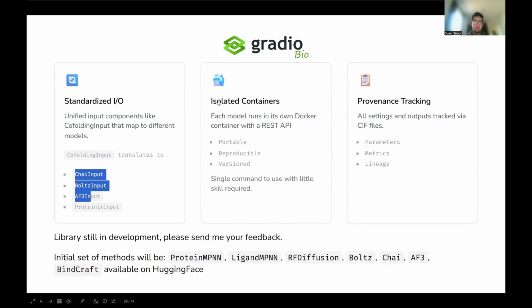And as I said, this is still work in progress. So the components are almost ready, and I'll attempt to have a release with the first methods in maybe a month or so. That will be useful. And if you have feedback, then please don't hesitate to reach out, and I'll be happy to hear your suggestions for what the input components, for example, should look like. With that, thank you, and happy to hear any questions.